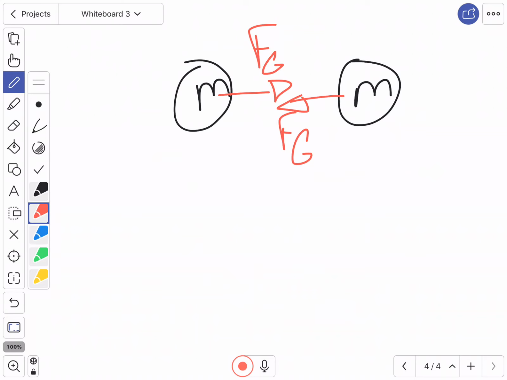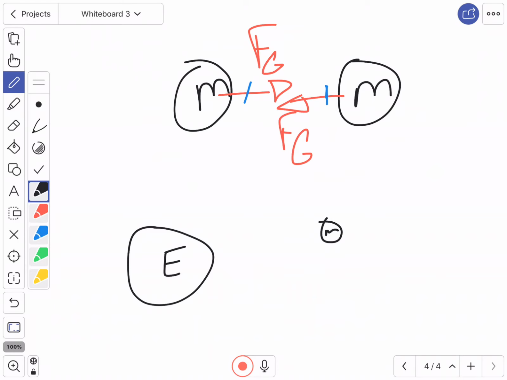Yes. Okay. Now, here's what we know. Newton's third law says that for every action there is an equal and opposite reaction. So what that tells us is that those 2 forces should be the same, right? They have to have an equal force. So yesterday I asked you, if this is the Earth and this is the moon, Earth pulls on the moon and the moon pulls on the Earth. And what's true is that those 2 forces are exactly the same. The size of the force is no different.